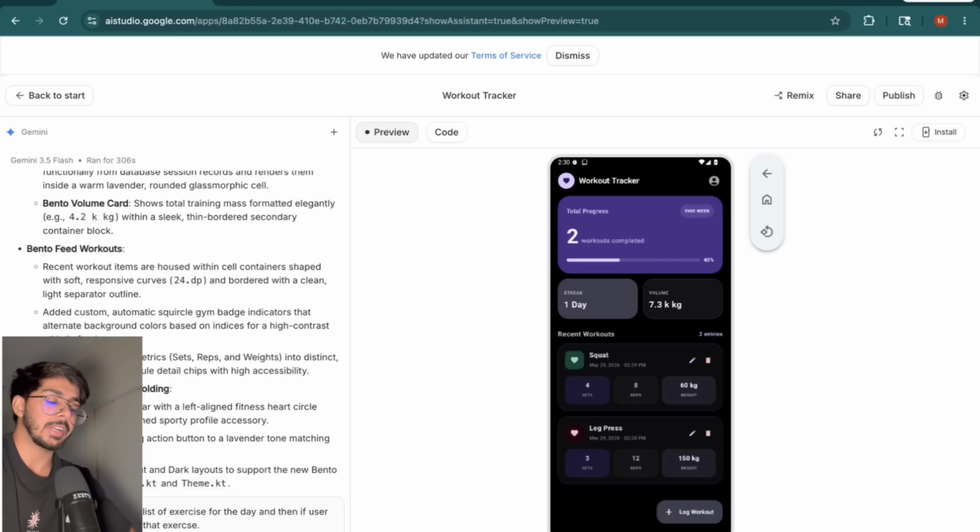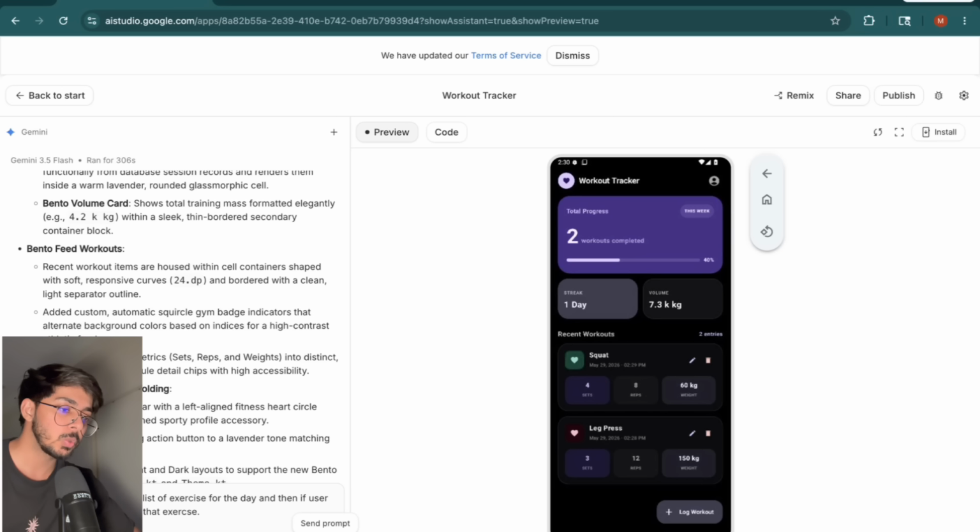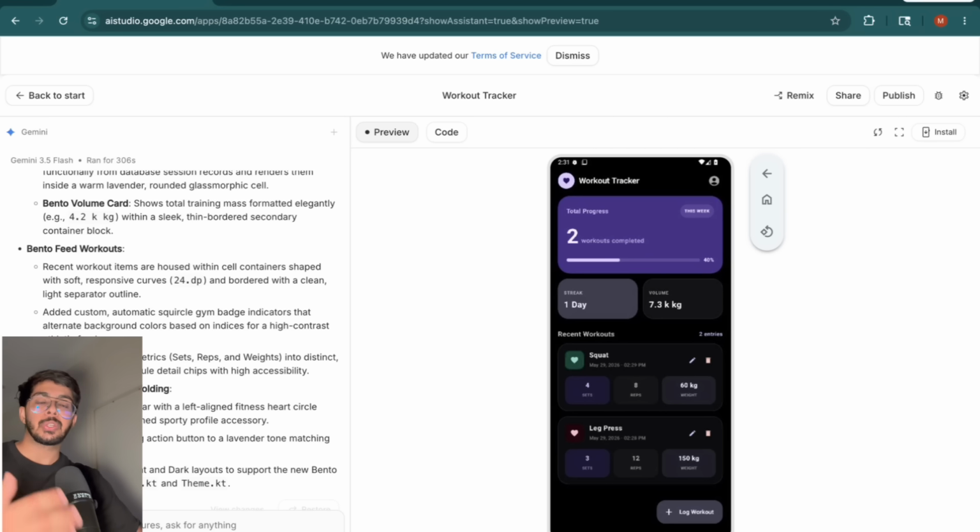Alright, that's the prompt, and let's add authentication as well. We are not adding the database thing because in the first prompt we already told AI to add a database for SQLite. So for now we'll just click on send prompt. Again, it will take 5 to 10 minutes. We are not going to do anything. We'll just sit back and let it complete.